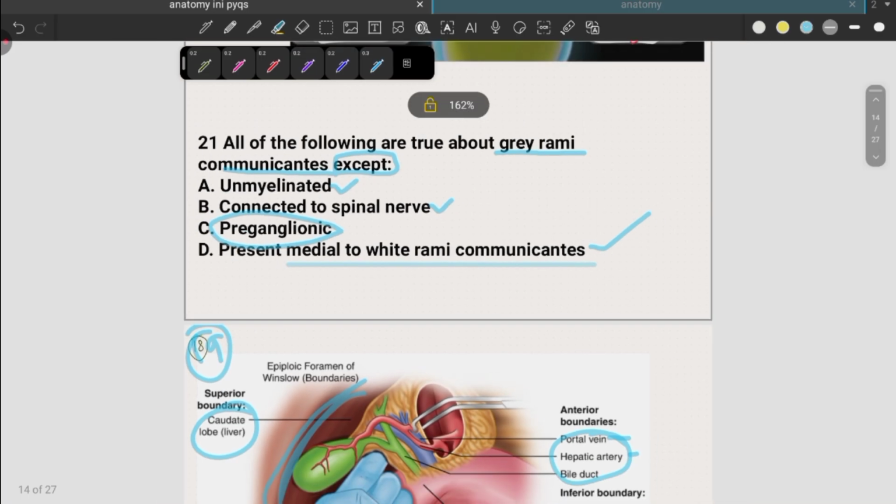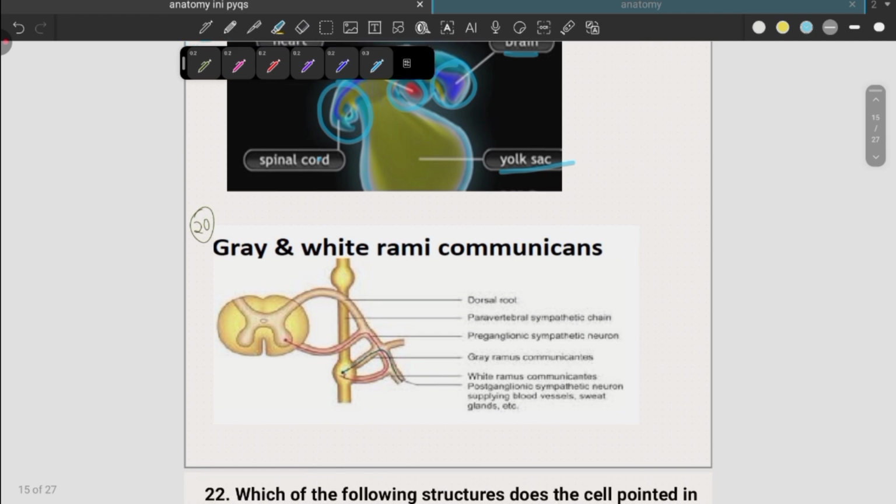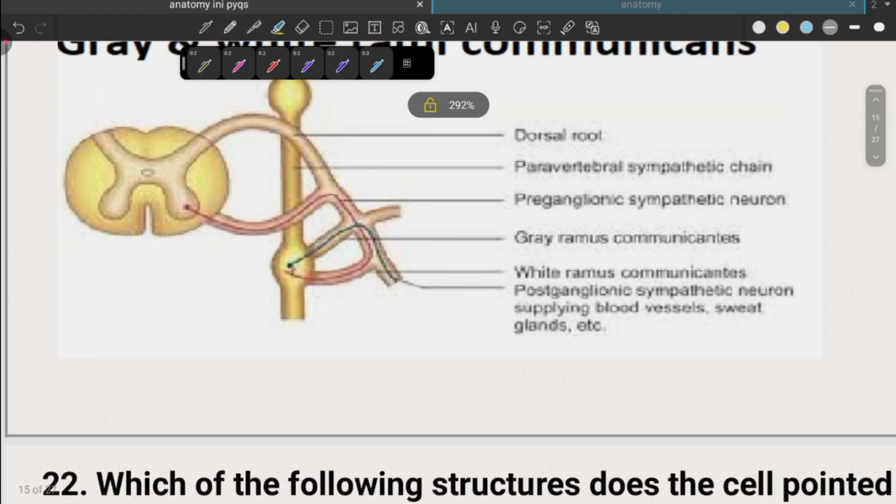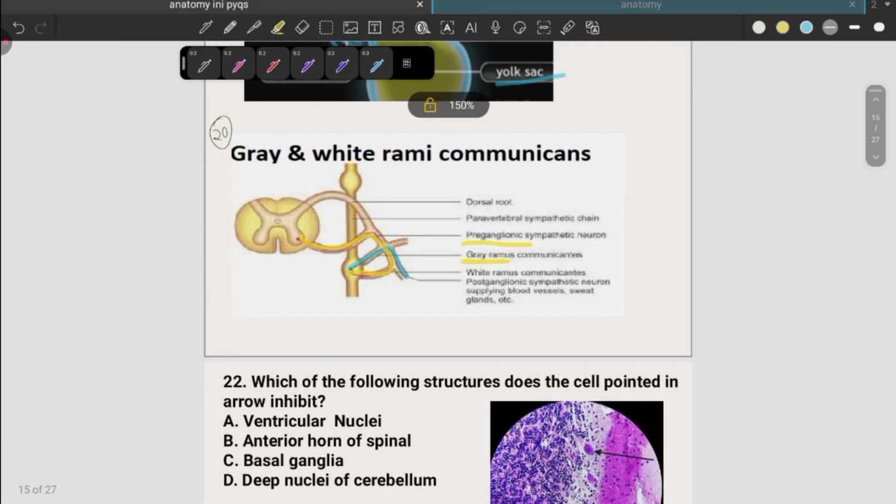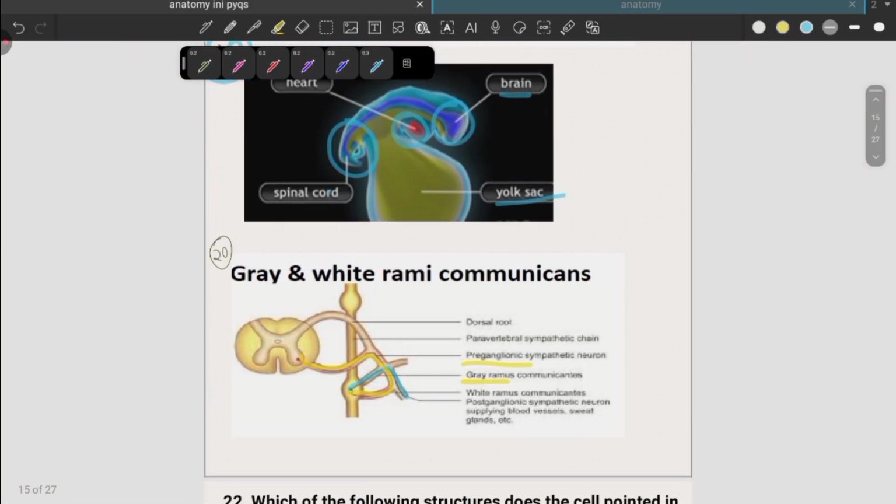It has only postganglionic fibers. See, this is the gray rami, whereas this red thing is the white rami. That actually has preganglionic fibers, but the gray rami don't have preganglionic fibers. Okay,